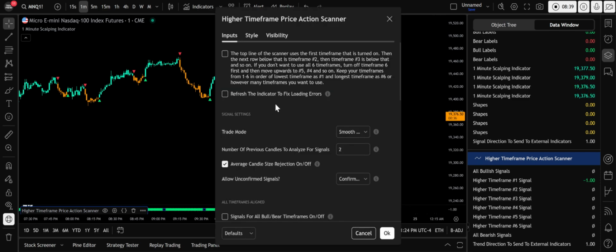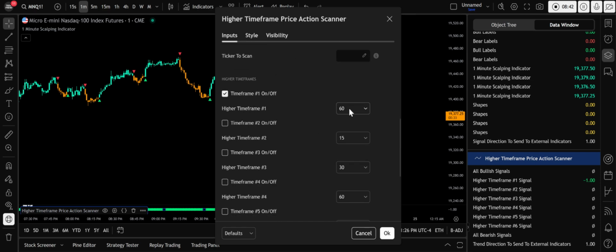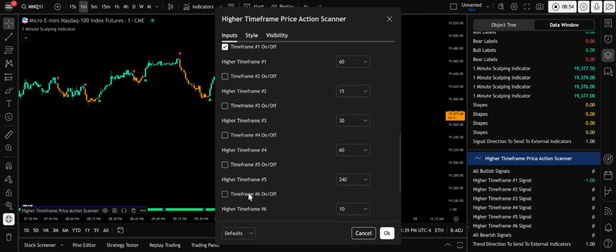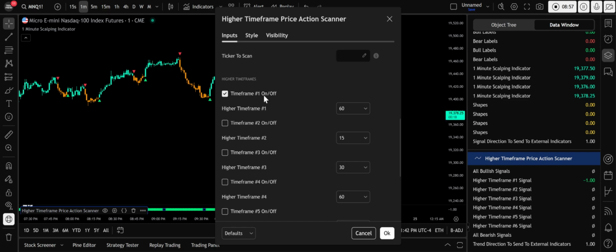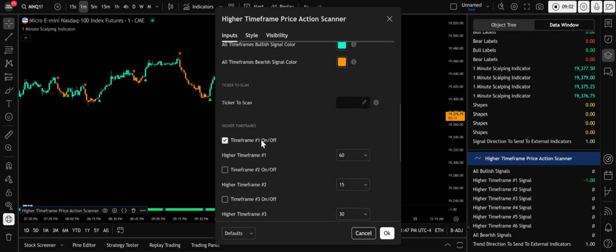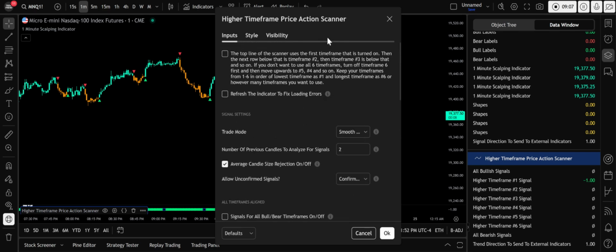Now this indicator is set to just use the 60-minute trend. Also, for those of you that weren't aware, the higher time frame price action scanner is built to be used with the 1-minute scalping indicator. You can turn up to 6 different time frames on, but for the purposes of filtering out signals on the 1-minute scalping indicator, I have it set to use the 1 hour signal, whatever signal it's in. Another good way to do this is to set this to fast, so that it's getting the quickest